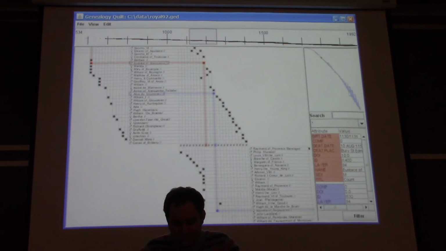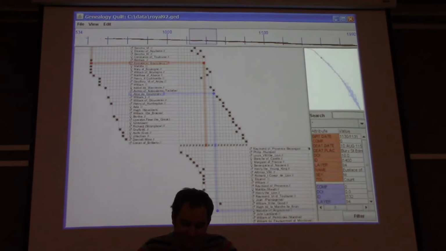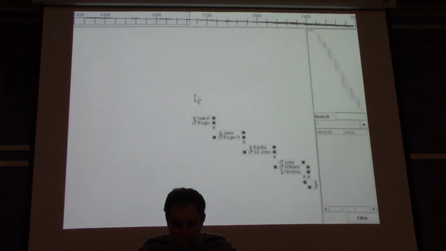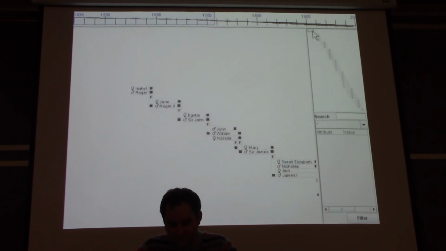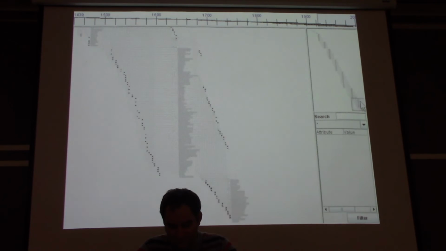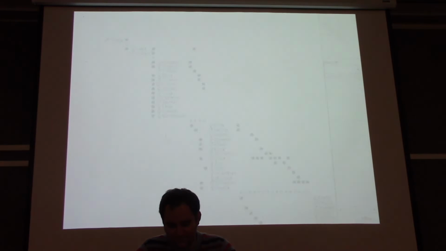We implemented the genealogy visualization in an interactive genealogy exploration system. The system consists of a main visualization window, an overview, a query window, and a timeline. For this family of 700 individuals, we can use the overview to quickly pan across the genealogy, while the main window automatically zooms out to fit as much content as possible. At the same time, the timeline shows the time span of the main window. By selecting an